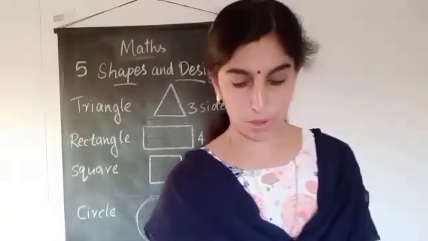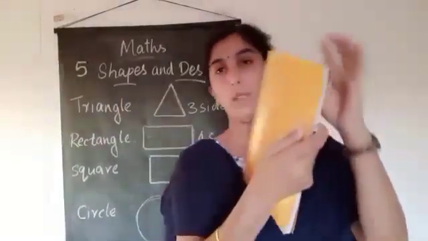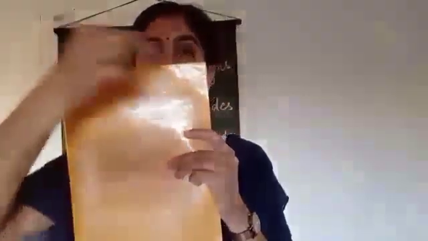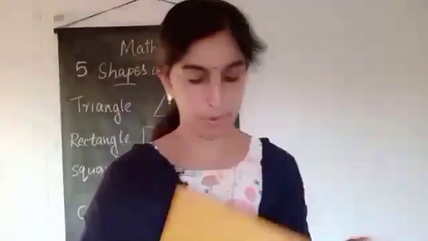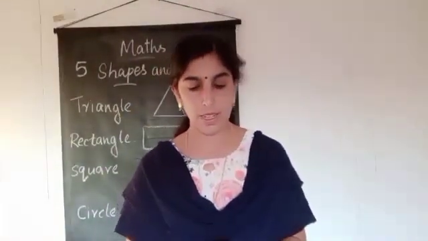In this picture also you can see edges and corners of the book. This is a book. This is the corner of the book. This is the corner of the book. These are the edges, straight lines. You can see these straight lines. These are the edges of a book. Like that, it is given there.